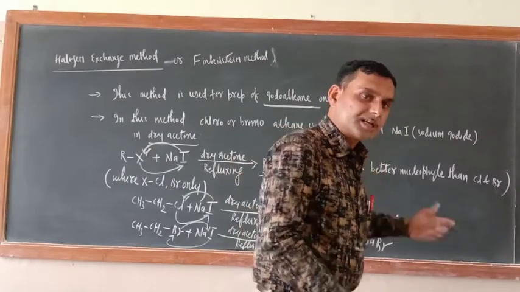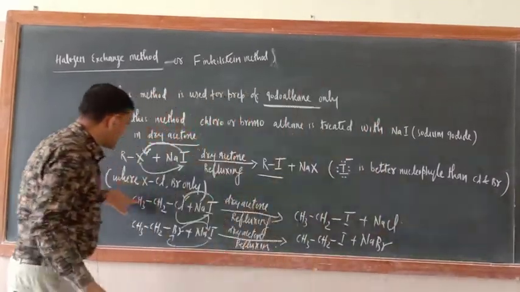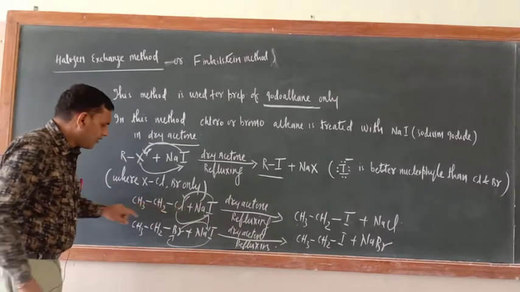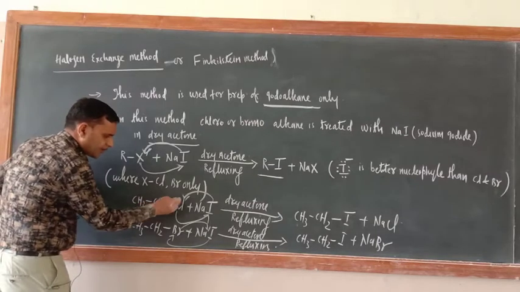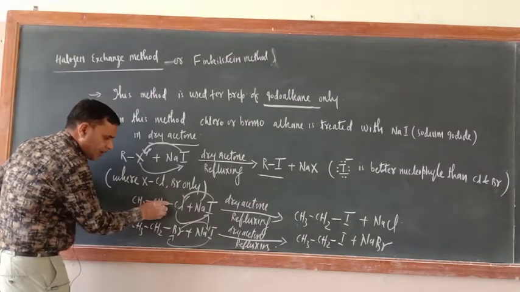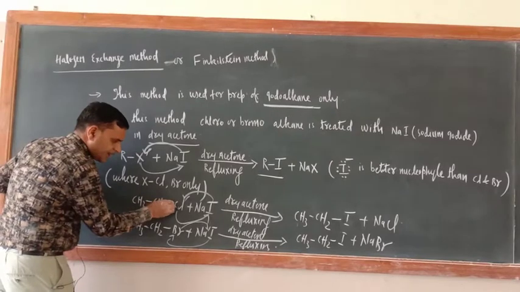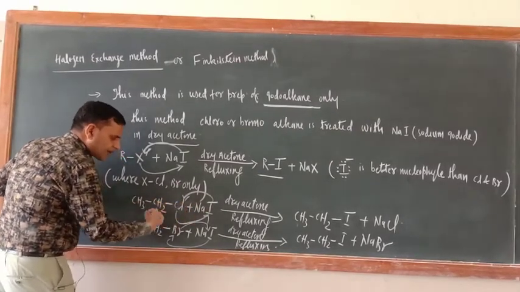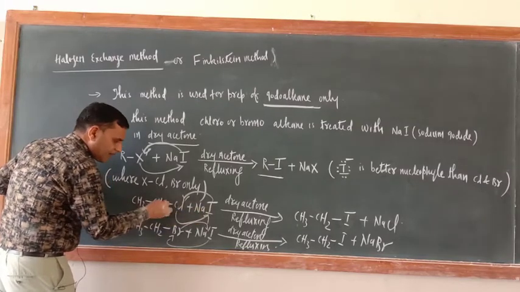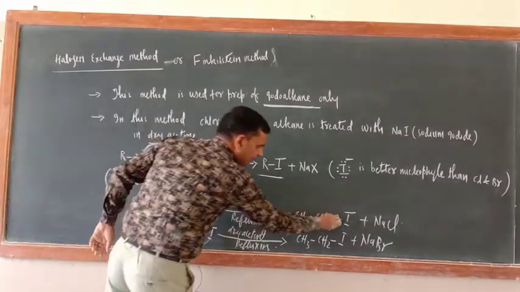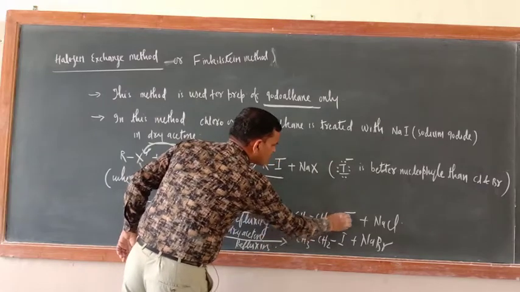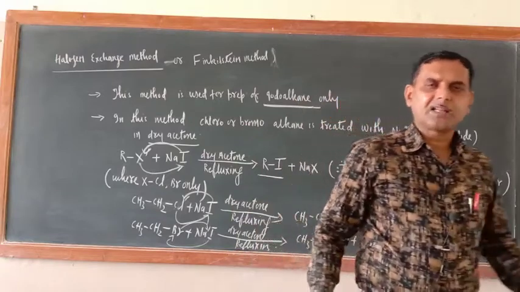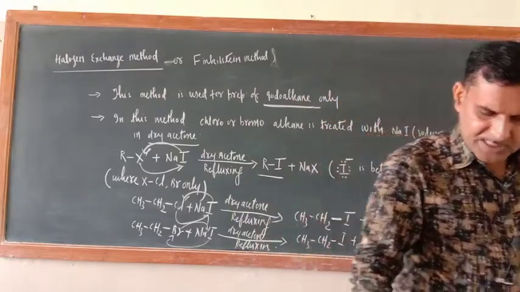Just see here, RX is there, or this is a C-Cl bond. Now here what is required? Electron is required. Suppose Cl is not there, so this bond is free. So I will come here and give electron, because it is a nucleophile, and will make a bond here. That is why the CH3CH2I bond is there. So the answer is this one: I is a better nucleophile than Cl and Br. In this way this is also over.